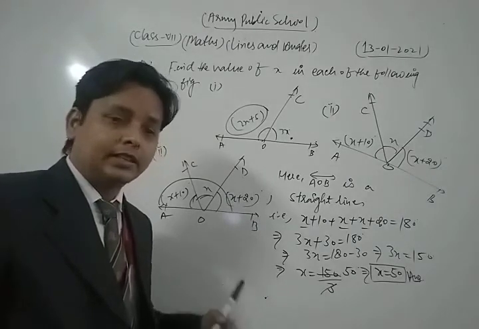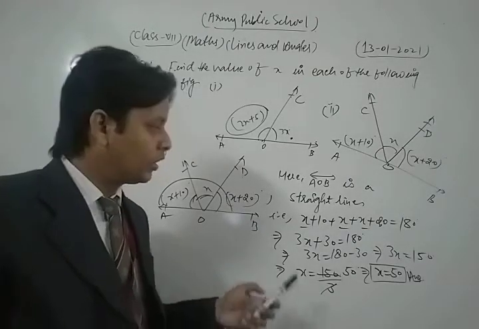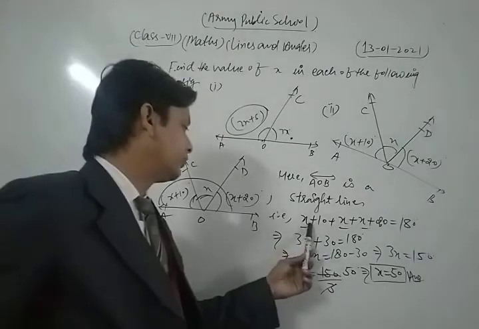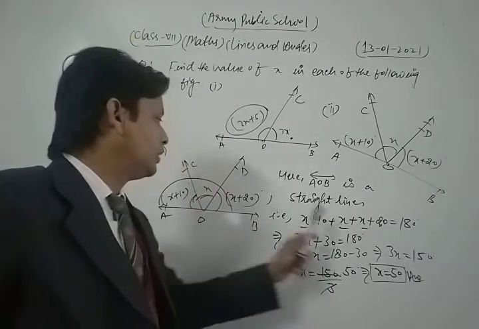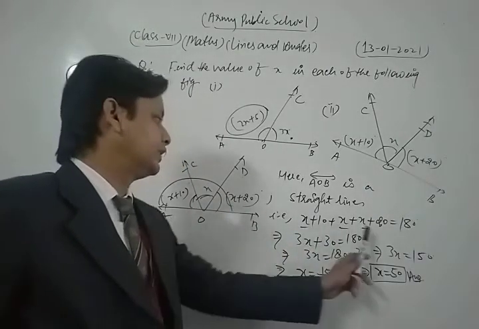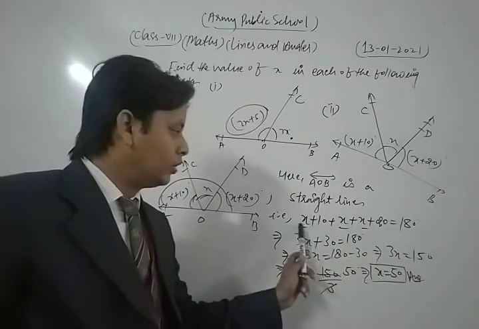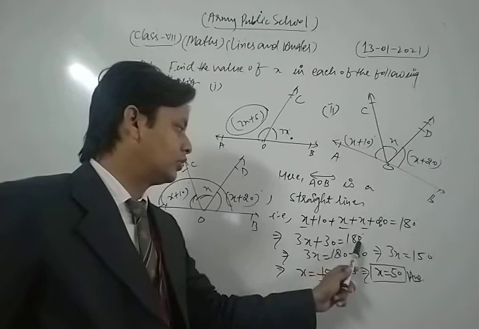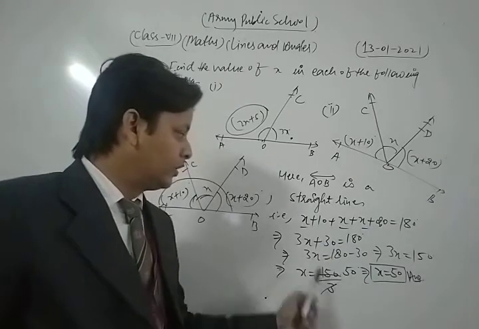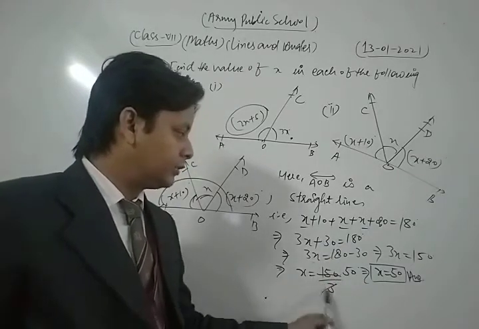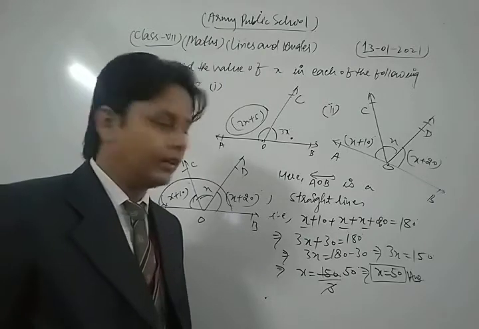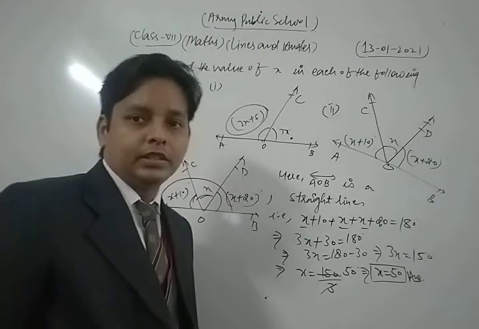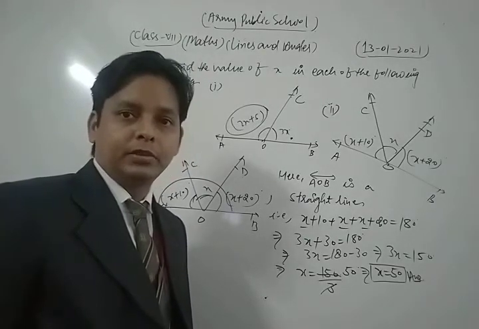Because we know that the straight angle is always 180. Now here we put angle AOC as x plus 10, angle COD as x, and angle BOD as x plus 20. Now if we simplify them, this is 3x plus 30 is equal to 180. So we transfer that side, so this is 150, and divided by 3 is 50. Thus, in this way, in today's class we discuss all the important topics related to that chapter.